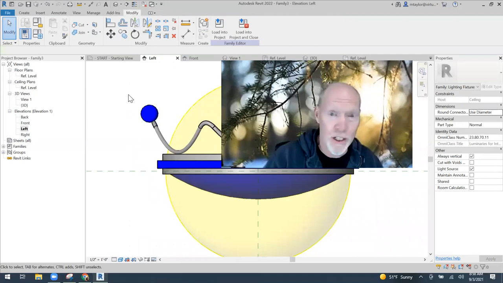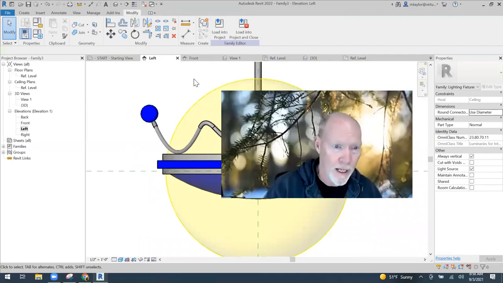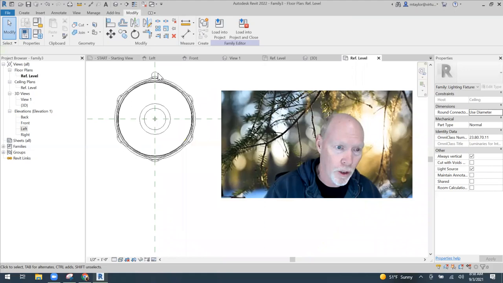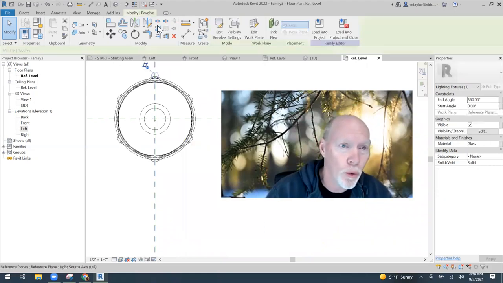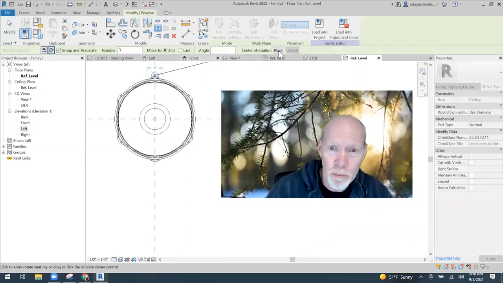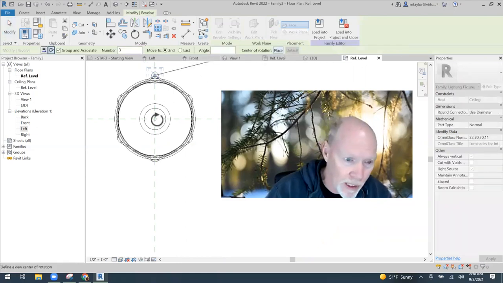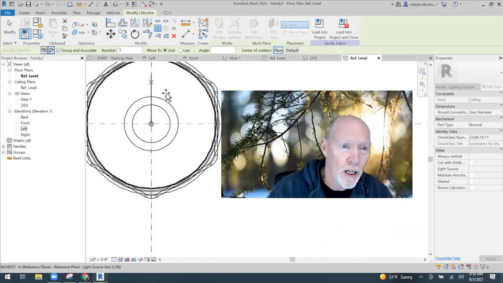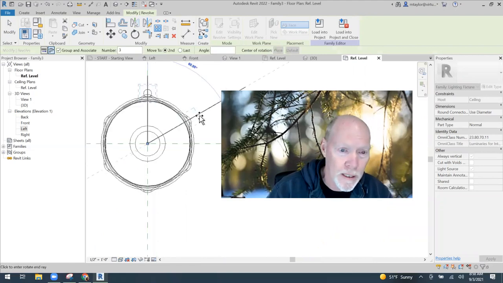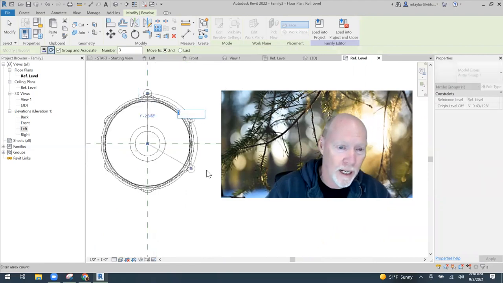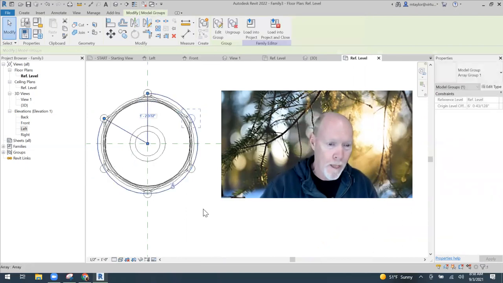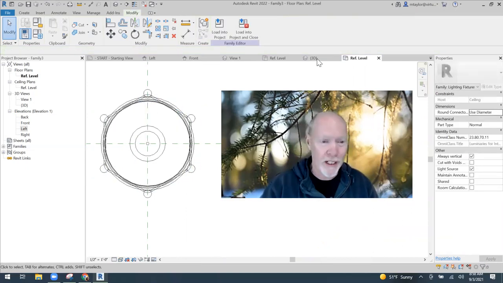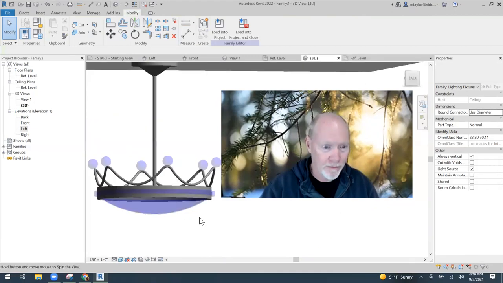And then I'm going to come to my top view, okay? And I want 6 of those. So I'm going to use an array. So I click on that and I say array, and I'm going to place, look at this, the center of rotation right here, okay? And on a hexagon, we need 60 degrees. And I don't need 3 of them, I did 6 of them. Bing, done. So if we go to 3D,